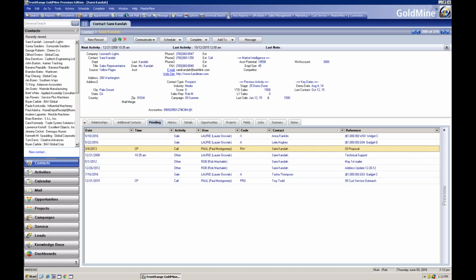Now, what I'm aiming to do is not to show you, of course, every possible report that you can produce with MasterMine, because that's obviously infinite, and really not even reports that you might look at and say, yeah, I want that particular report for our side. What I really want to do is show you a capability here. I want you to get an idea that your GoldMine really can match your way of doing business very closely. We can help you to get to that, or your GoldMine dealer can help you to get to that, and